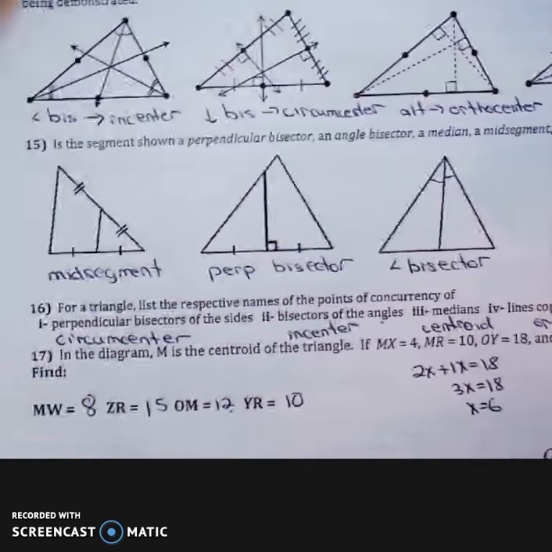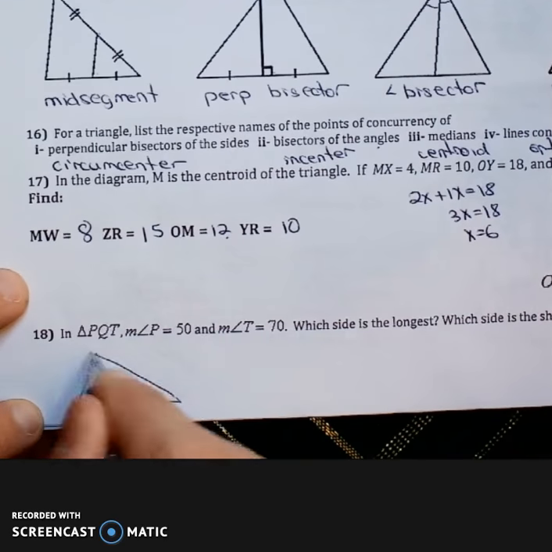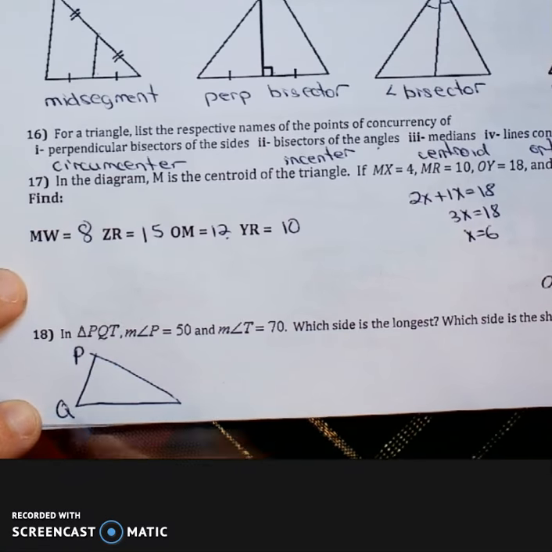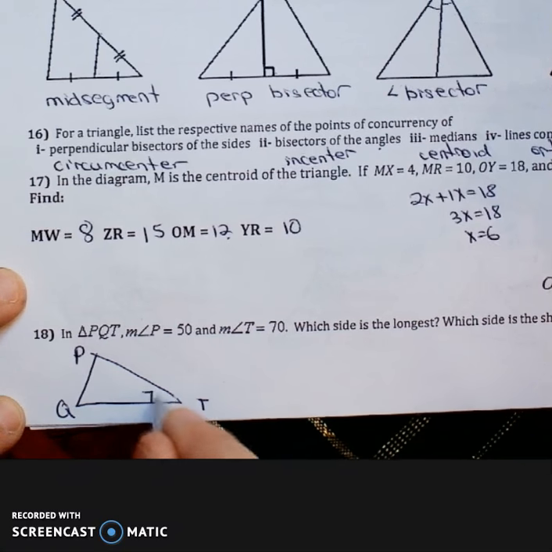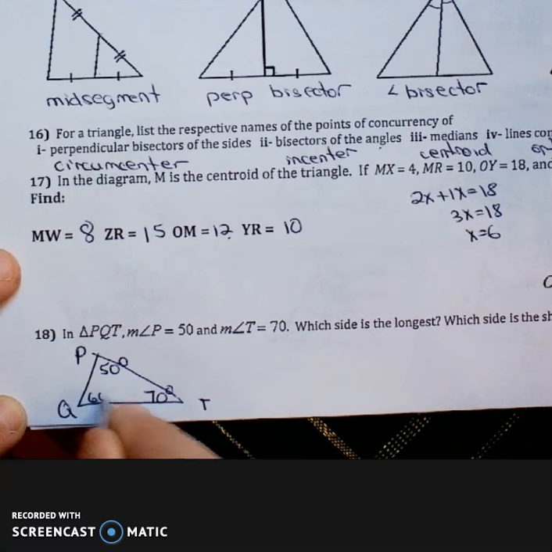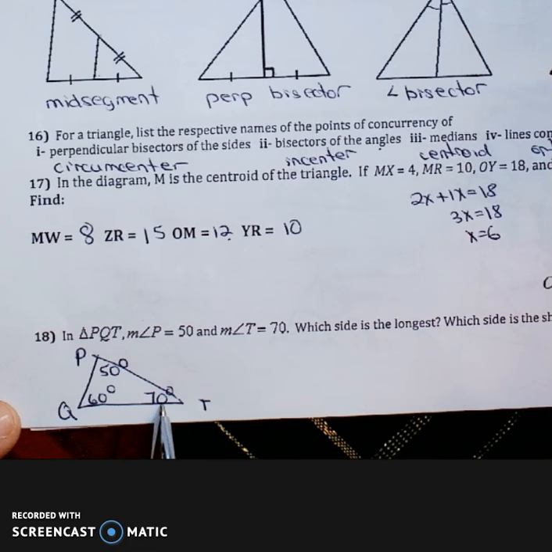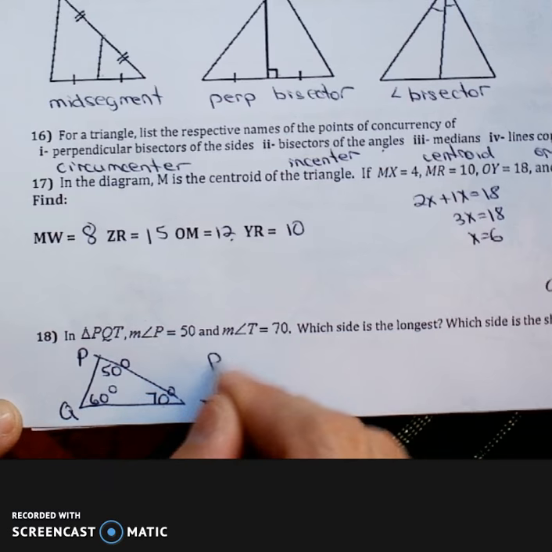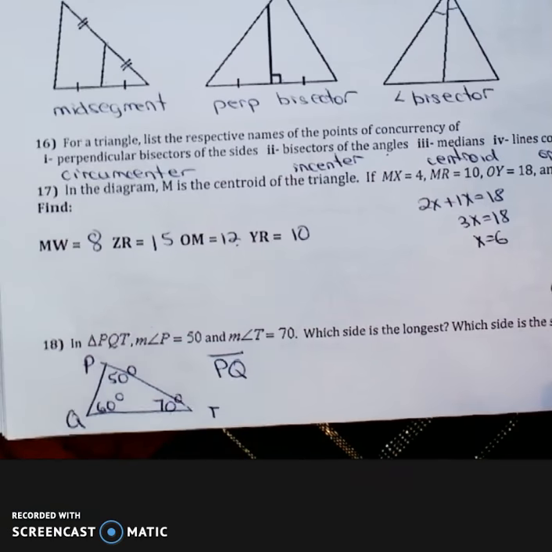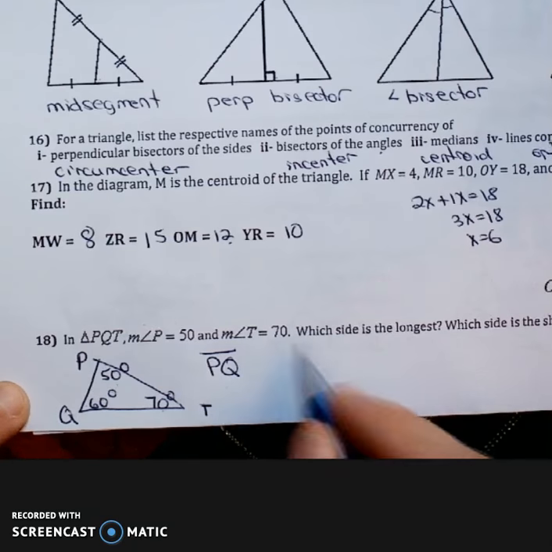Okay, let's go take a look at 18. The last one we didn't draw a picture, but if we want, we can go and draw a picture here. We have P, Q, and T. Angle T is 70. This is 50. So that makes this last angle 60 degrees. Which side is the longest? Which side is the shortest? So the longest will be across from the largest angle, which is 70. So the side across from that one is PQ. The shortest side will be across the smallest angle, which is 50. So that would be segment